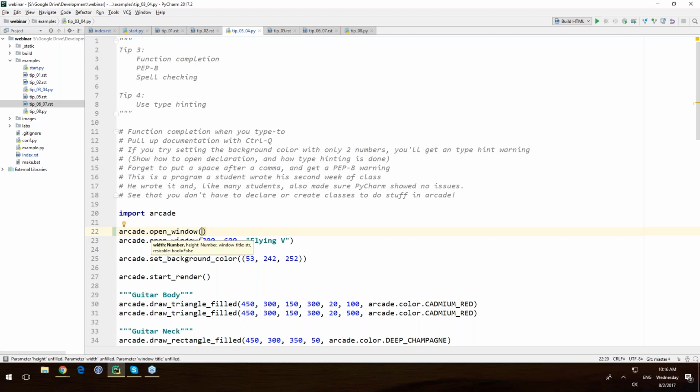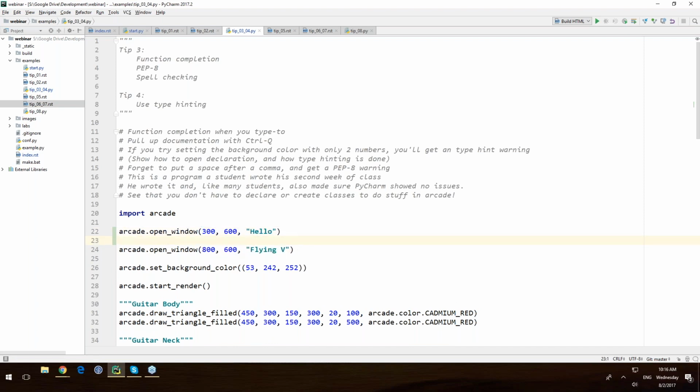The type hinting I'll talk about in a bit, but even if they know what types of data they need to put in, the other thing that is cool is the built-in PEP8 checking. This is something I thought students would ignore more than they do. This is a normal line, but students who are learning to program might not know to put the space after the comma. Even if they were told you should put a space after a comma, the program runs without it, and it's one of the many things that just sort of ends up falling out.